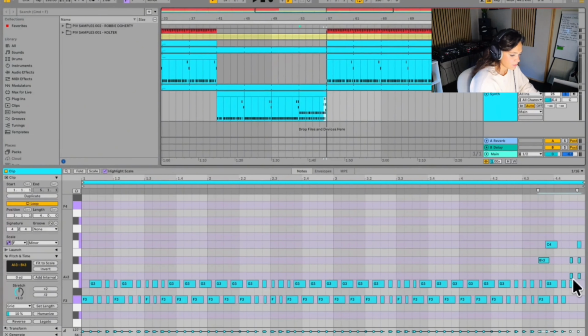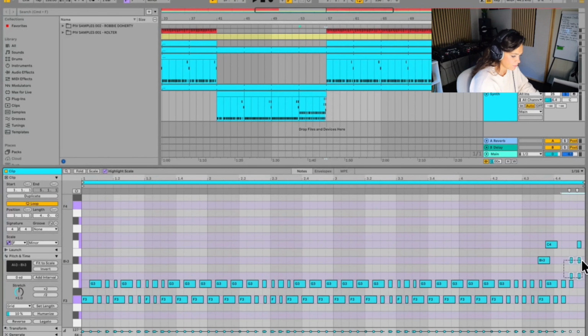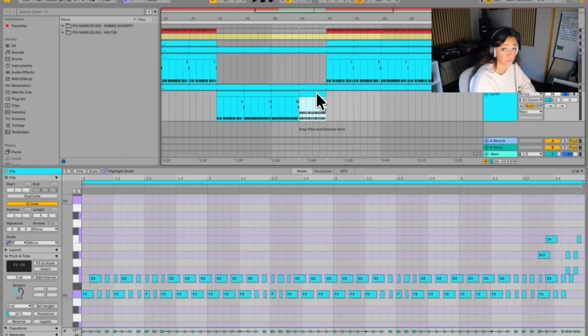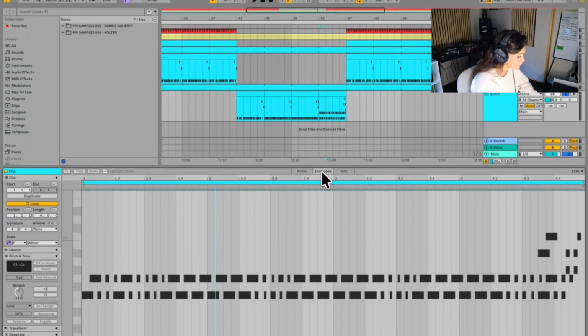And now I probably would spend a bit of time messing around with these notes and making sure that it sounds a little bit more professional. But for the purpose of this, I'm going to show you some final touches. So we want to add the pitch bend. So what we want to do is highlight the final section before the drop, open up envelopes over here,